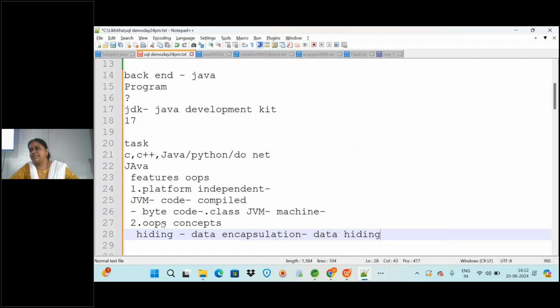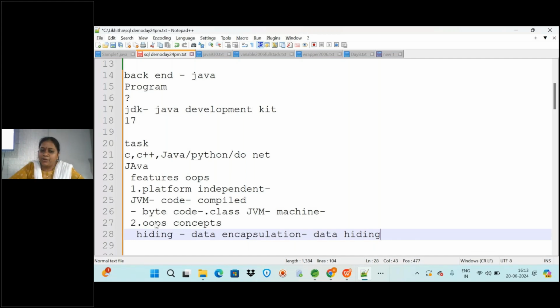Why am I telling this? We are going to develop some UI applications, and we need to hide unwanted information. You create a Facebook ID or Gmail ID and password. If I ask you for your mobile number, Gmail ID or bank account number, you will tell me, no problem. But if I ask you to share your password, will you share it with me? You will definitely not, because you have to maintain it securely.